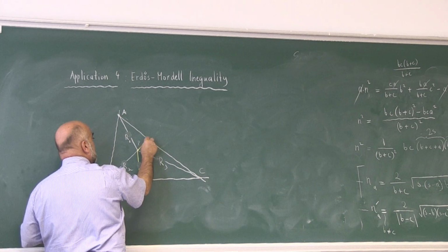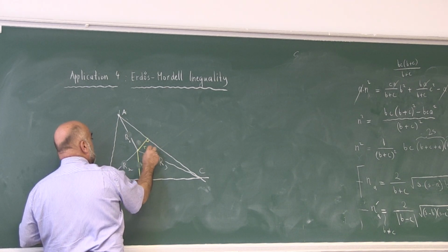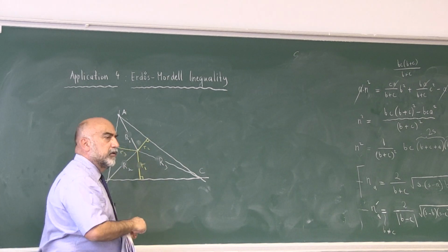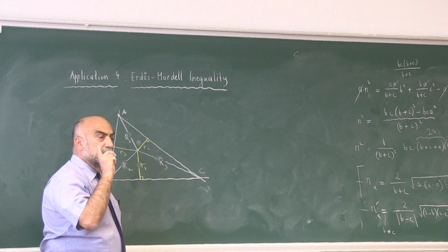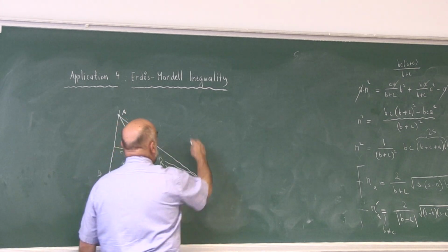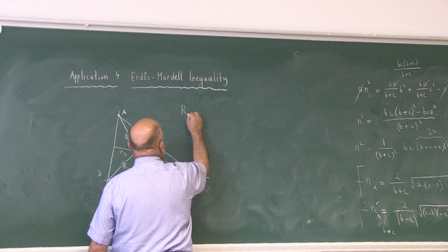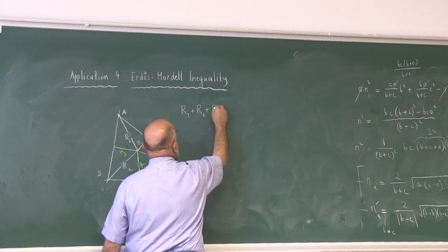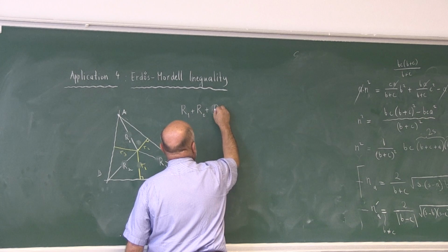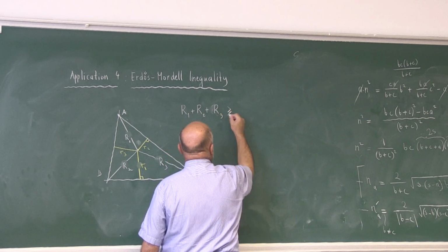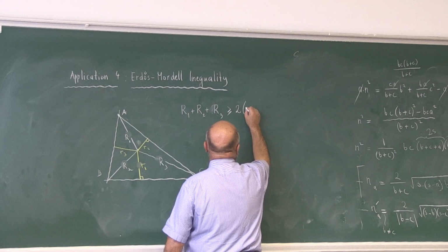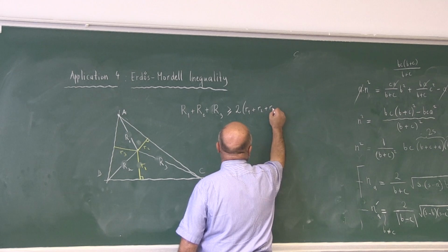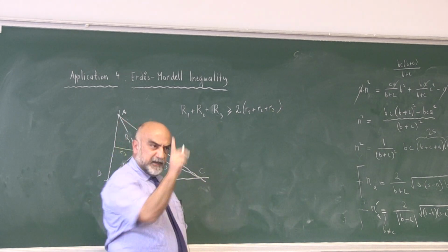Drop perpendicular, small r2. Drop perpendicular, small r3. Okay, here is the inequality proposed by Erdős, that the sum of the uppercase R's, R1 plus R2 plus R3, is in fact larger than twice the sum of the distances to the sides, small r1, small r2, r3, and this inequality